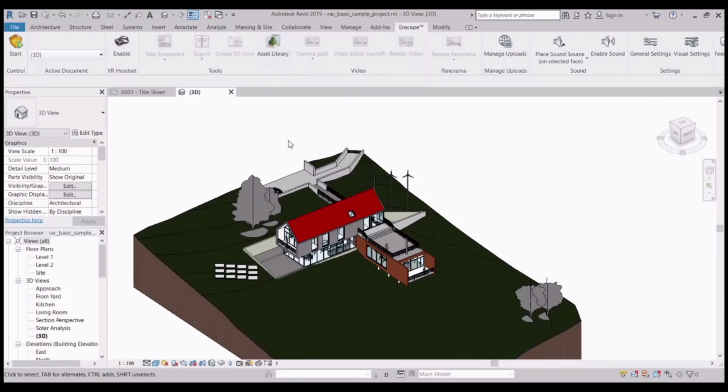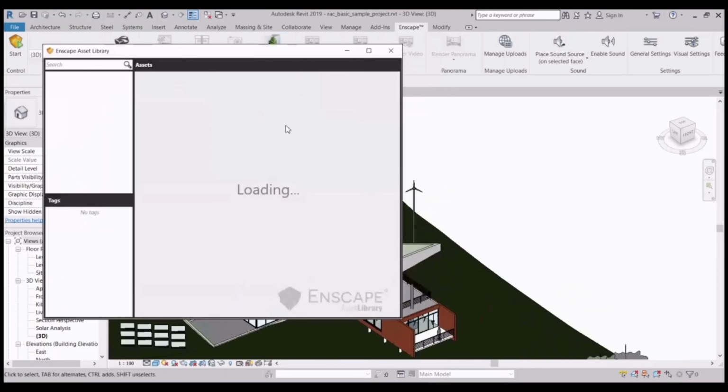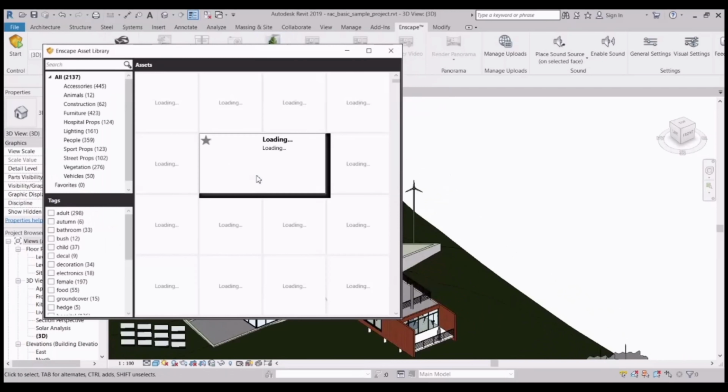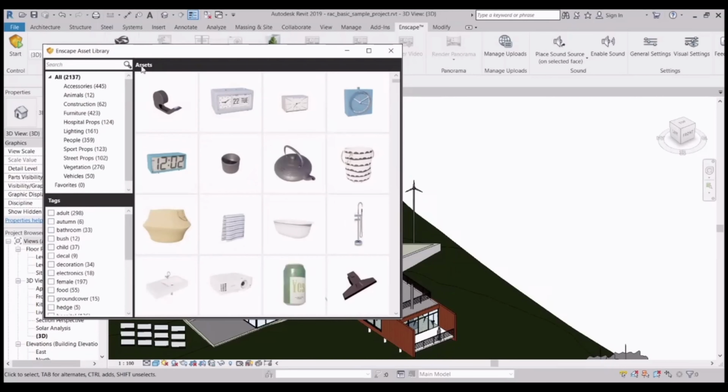If you render in Enscape, only then you can get the realistic image from those assets. You can put those assets in your Revit project, but they will be shown as a normal object. You cannot get the realistic image output from it in Revit. You can only get the realistic image output in Enscape. So let's place some assets over there.